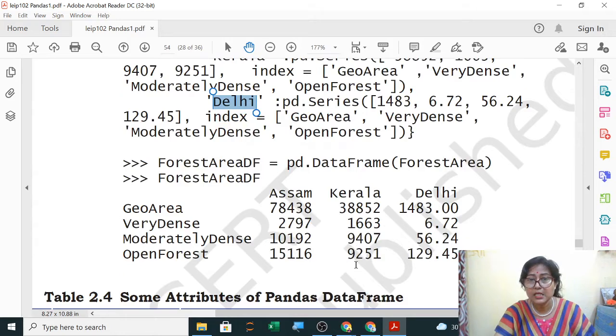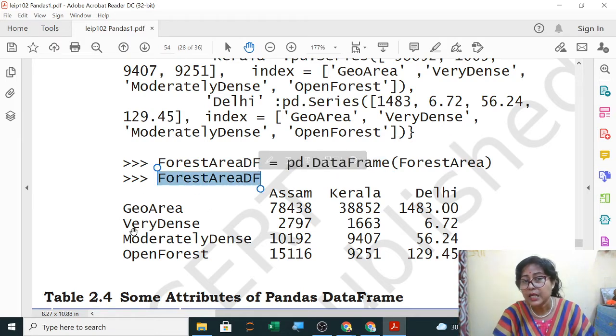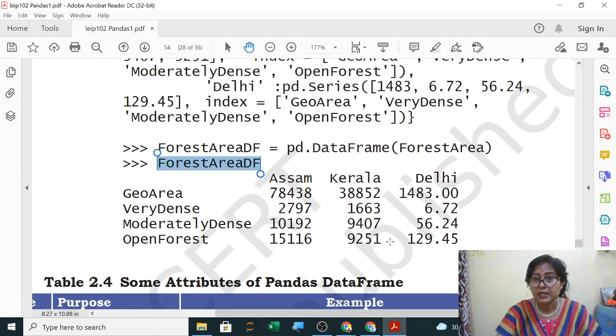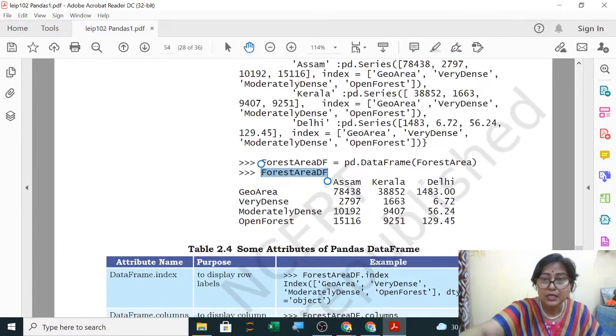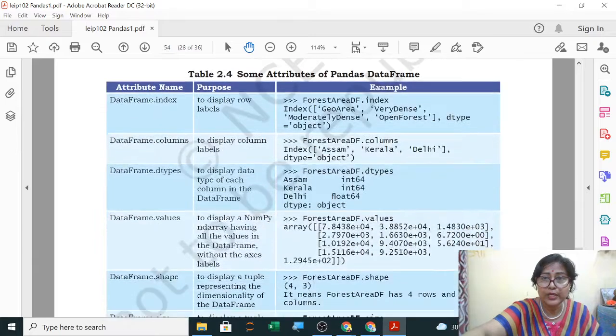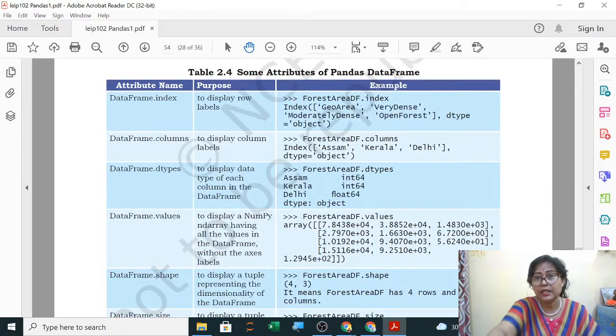Now this is your table. When you create the data frame, first using pd.DataFrame you create the data frame, and then you can directly write the name of the data frame to print it. If it is in a program, then print the data frame name and it will print this table. Clear? So this is how to print, how to collect, and how to do your project work. You will collect the data and then you will do it.